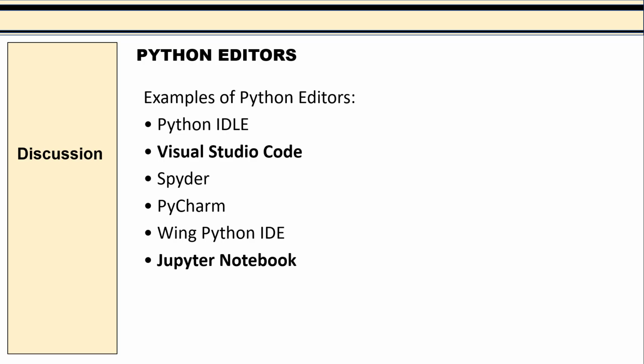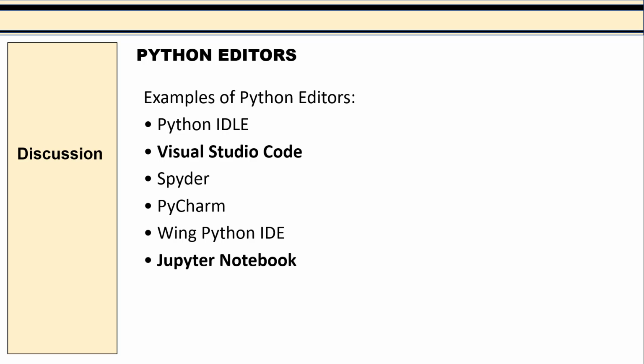By the way, when we say IDE or Integrated Development Environment, or just editor, it's actually a software program where you create your code and even test it.